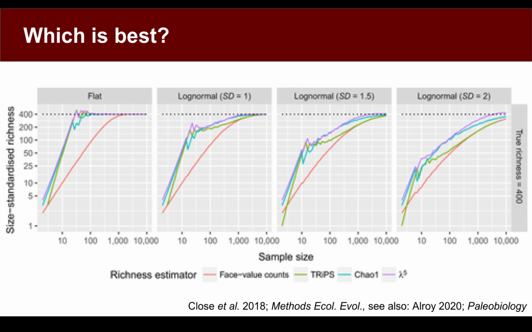I would recommend reading the Alroy paper as well, as he comes up with some clever new tests to think about these things. And there are obviously also other methods that aren't considered in the Close paper that Alroy does consider. Those are things to appreciate as well. But generally, this affirms that when our sample size is small, our ability to say things is going to be more uncertain.